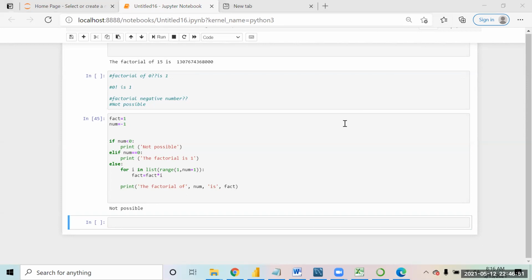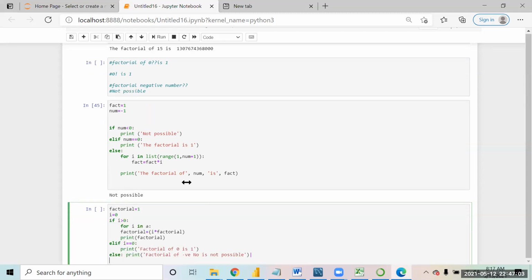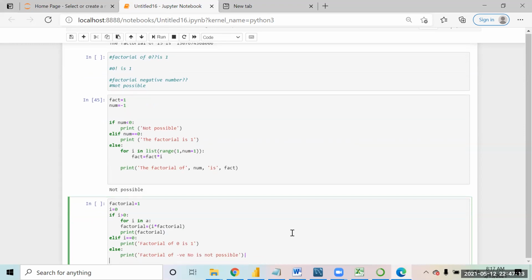Okay, so sure, let me just pick up yours. So I'll just pick this. Indentation is again a problem, right?